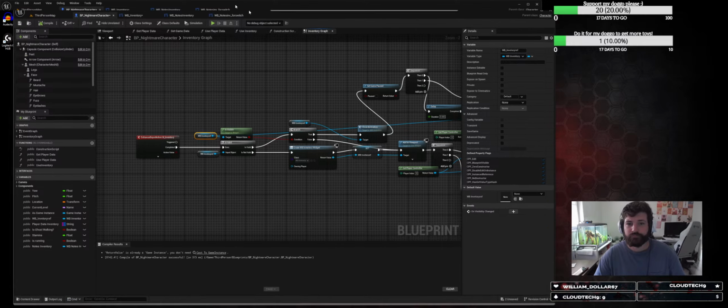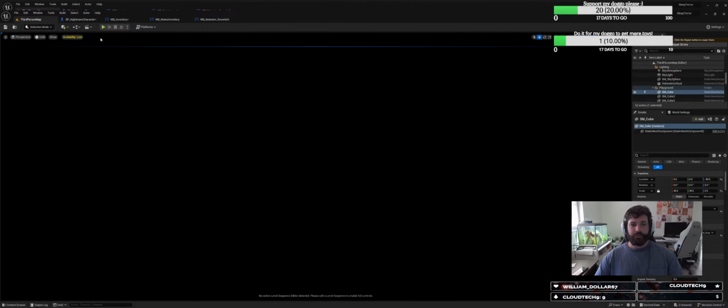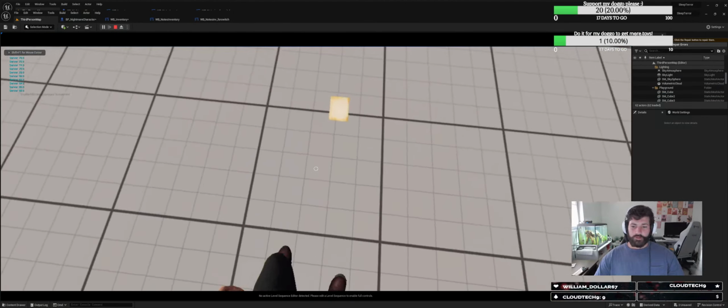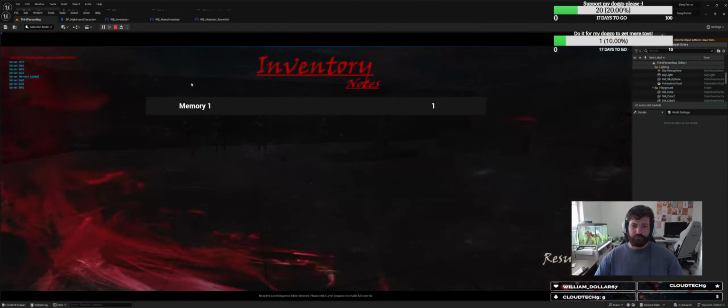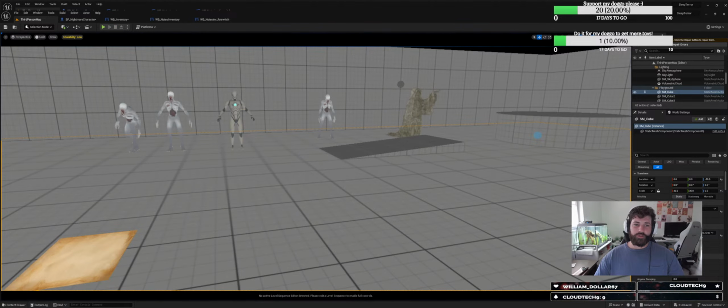Alright. So today, I'm actually just gonna mute that. It's a little overpowering for me too. Alright. So today, we're working back on the UI. We almost have everything done. I'm just struggling with, so like here's the example that we're trying to get. We pick up a note, we have the memory, and then, well, I kind of broke it earlier, but